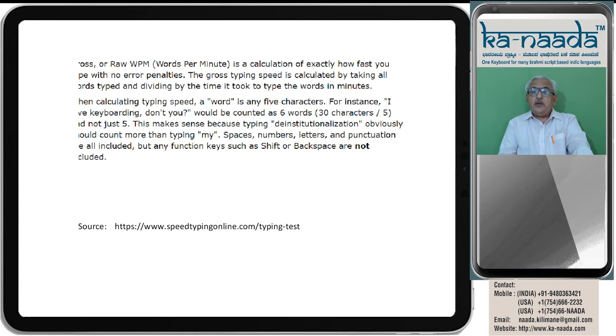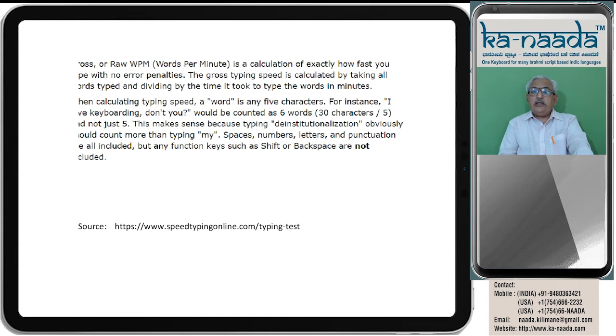Gross or raw words per minute is a calculation of exactly how fast one types with no error penalties. The gross typing speed is calculated by taking all words typed.